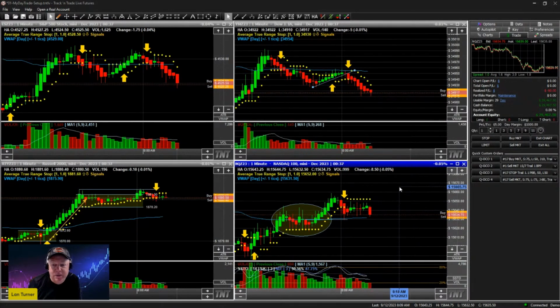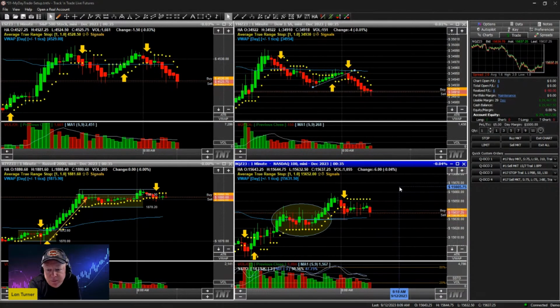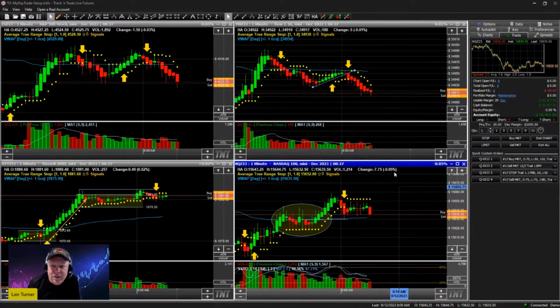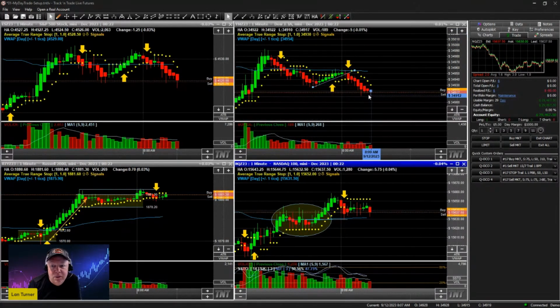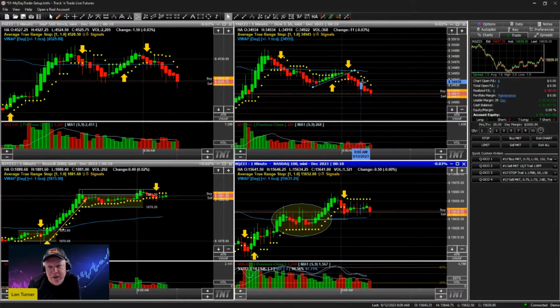So anyway, this market's just being ugly and stupid right now on the NASDAQ. It's being a little bit nicer up there on the Dow, so let's see what the Dow's going to do. This is a little pullback on the Dow, but the market's already kind of, see that little flag right there? We call that a flag formation. And the reason we call that a flag formation